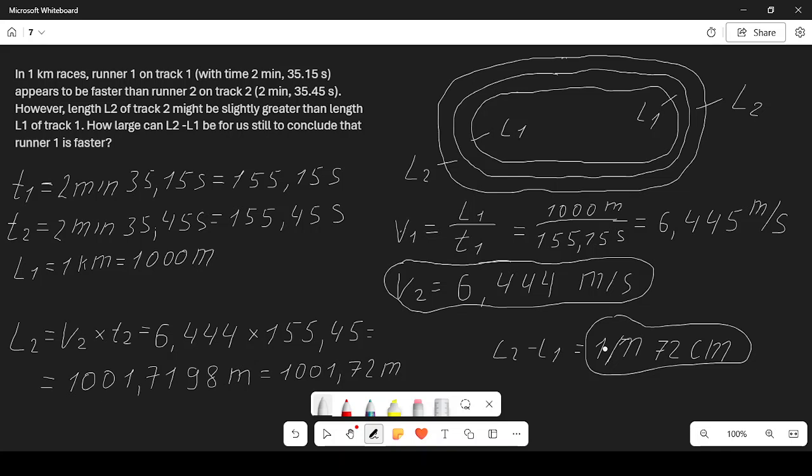So if the difference in length is bigger than this 1 meter 72 centimeters, runner number 2 actually can complain because it's not fair. He can apply somewhere to a special court for